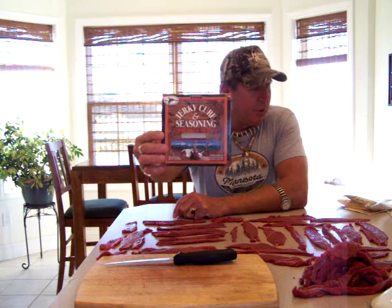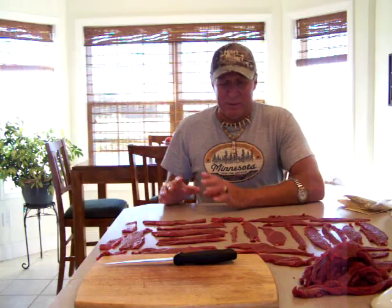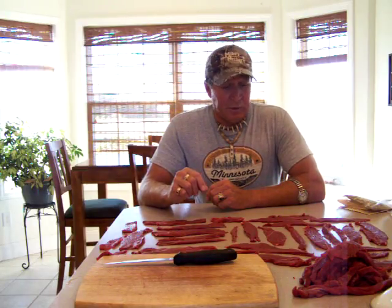It's really good. So there's different ways that you can make jerky. You can use liquid and marinate it, and there's just different ways to make your jerky. But I have found this to be easy. I found it to be fast, and it's very good. The people that eat my jerky that I make say that I make the best jerky in the world, that they've never had any as good. So I'm just going to keep on doing it the way I have been doing it,